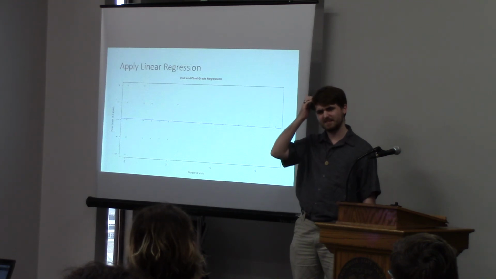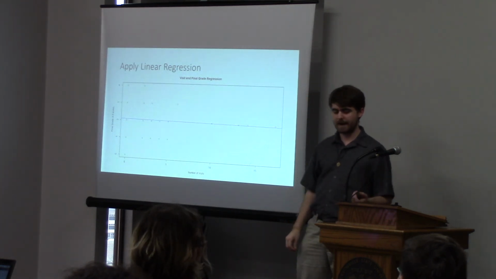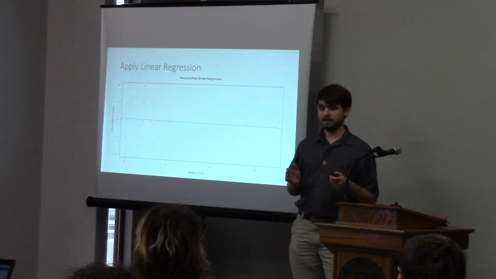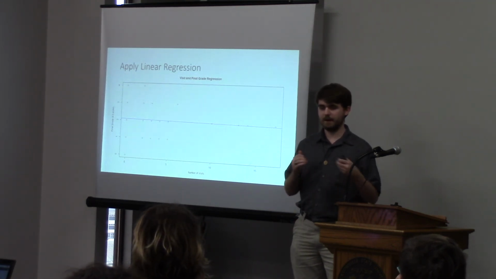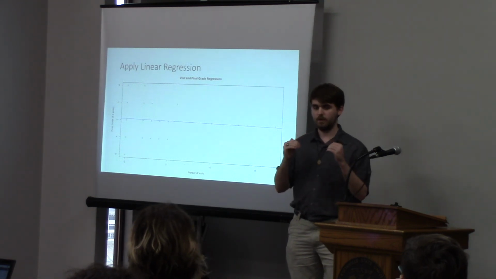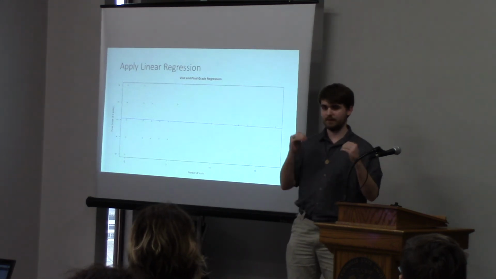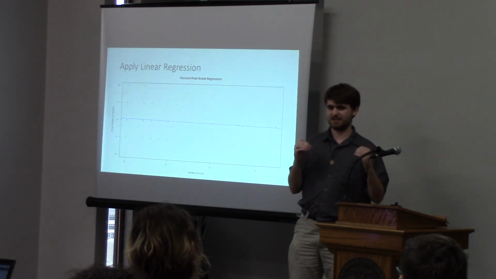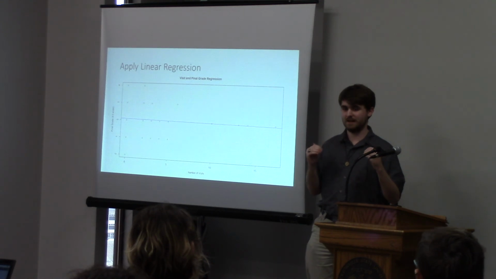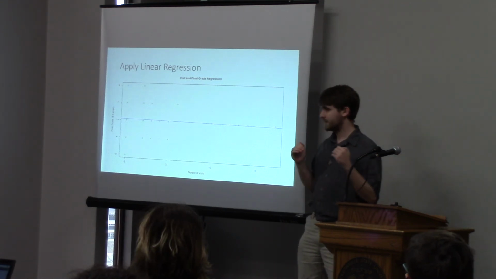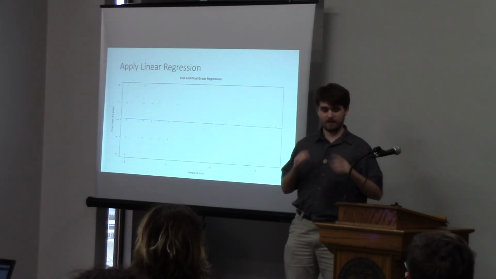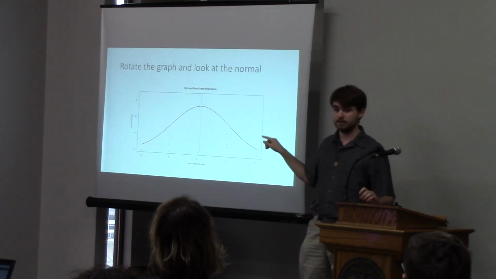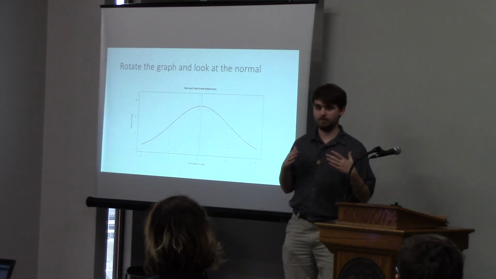This doesn't make sense. So I went back and I looked at the data of a different class, and it was bivariate, or it had 2 humps instead of 1. One that was floating around B and one that was floating around D. That's not great. That means we've got some people that are successful and some people that aren't. There's just a huge disconnect. But apparently SI takes that data and it forms it into something that looks a little bit more like a normal curve. Now, I rotated this graph so that I can make the normal curve look nice and pretty